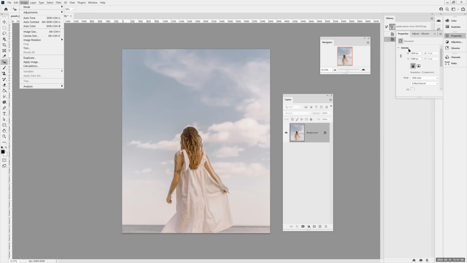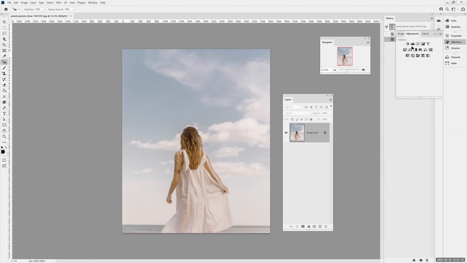So it's always better to use the adjustments from over here on the right or from the menu down here in the bottom of your layers palette. For this specific reason, I'm going to undo that adjustment. I'm going to make the same adjustment. I can either click here and bring up that same tool,